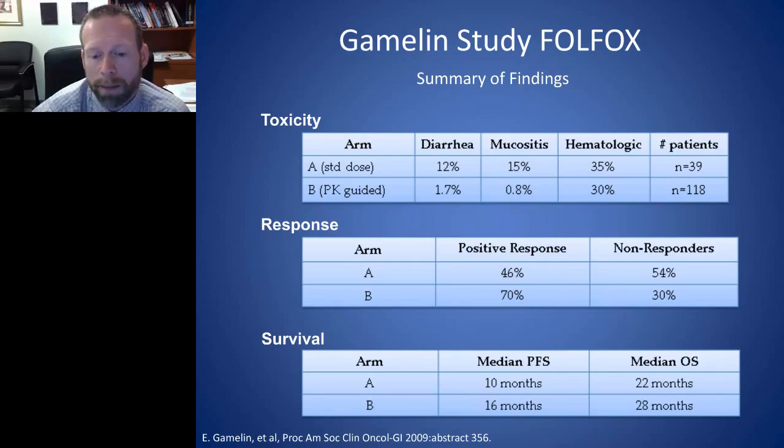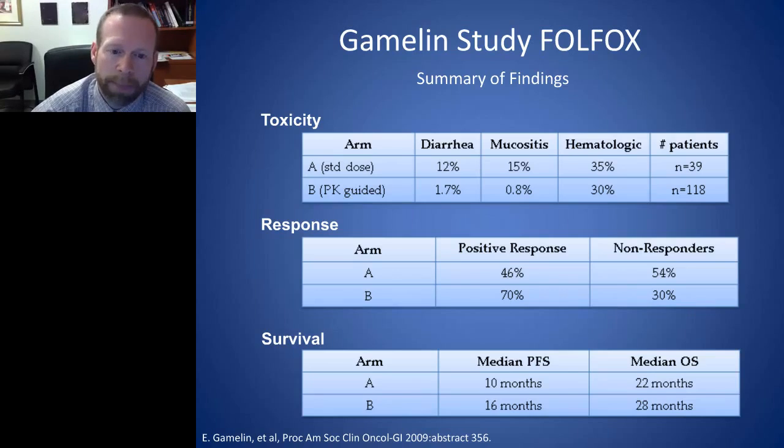So there was some reduction in the toxicities. Now if we look at the response, let's look at the arm instead, arm A, the standard dosing. You'll see that the positive response was about 46% and the non-responders 54%. So about a 50-50 mix of responders and non-responders. And then if you look at the PK-guided arm, you'll see a 70% positive response rate relative to a 30%